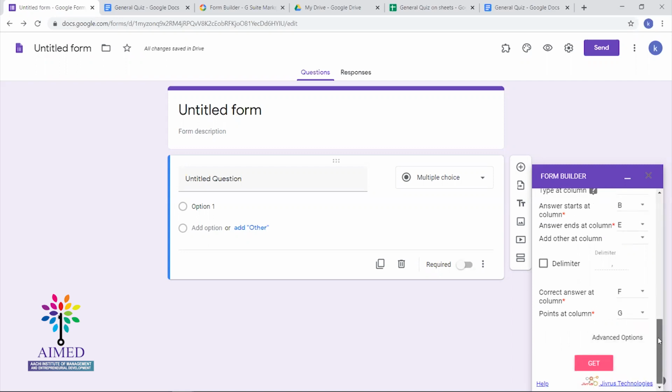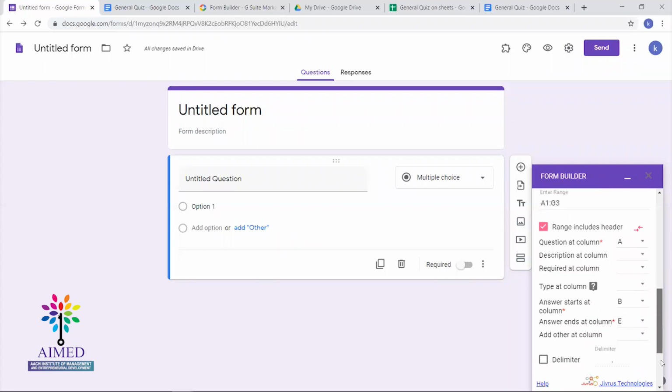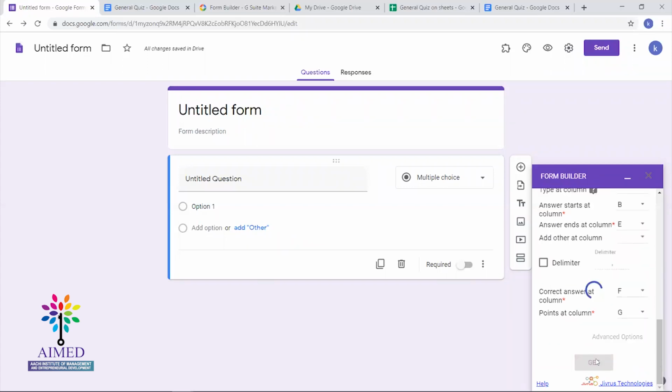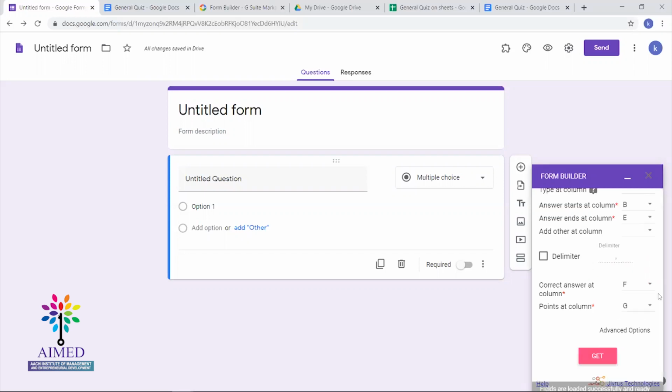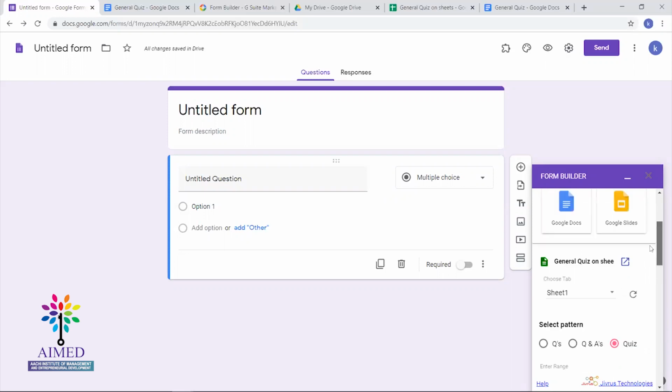So we have set all those things. Now click on Get button. So now you can check here.